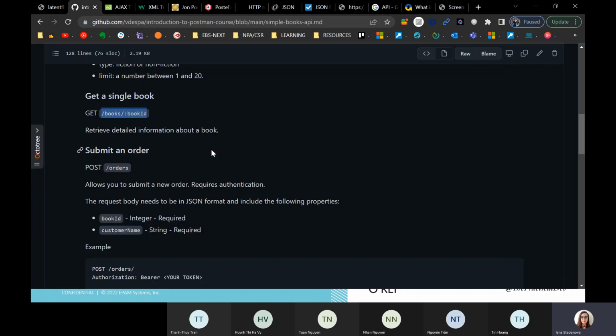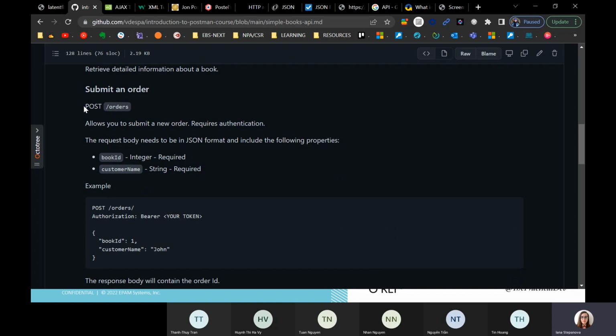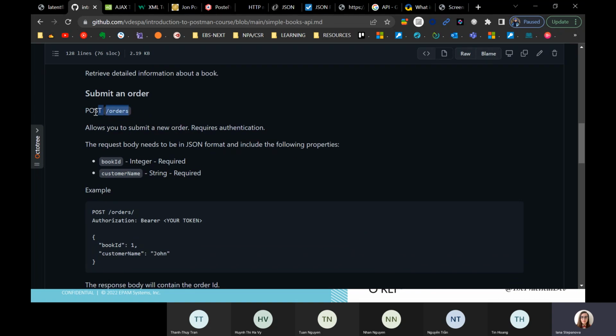So documentation provides me instructions on how to communicate with this API. And this is what you will be doing very frequently in your day-to-day job, because you will be constantly communicating with your backend team, receiving data from the server, but you will also have to post data to the server, to not only get some information, but also to deliver something to the server. And to demonstrate this,